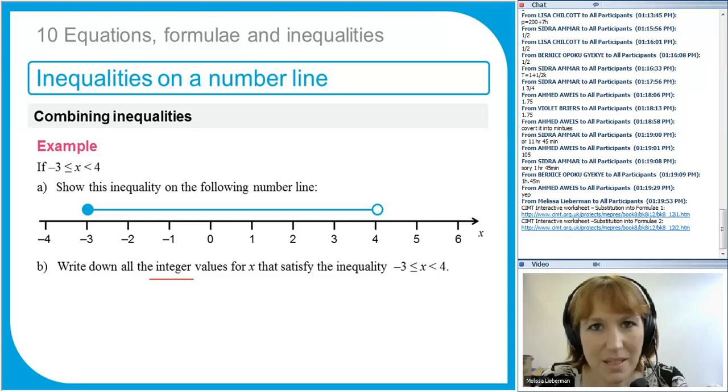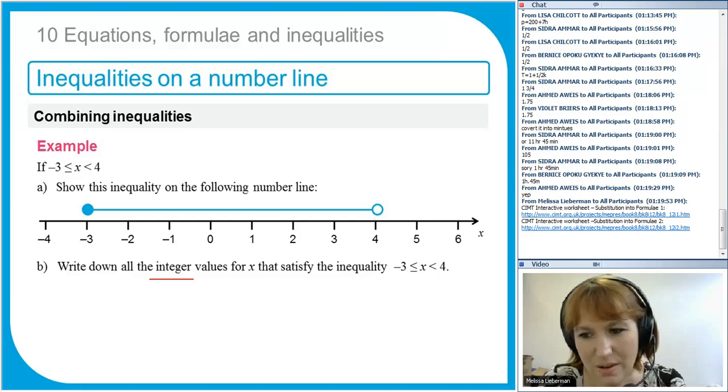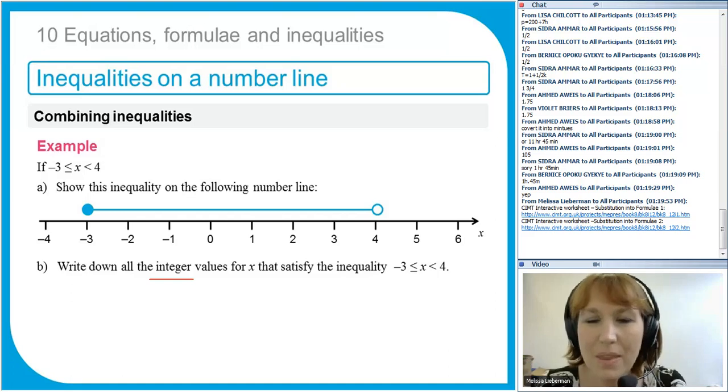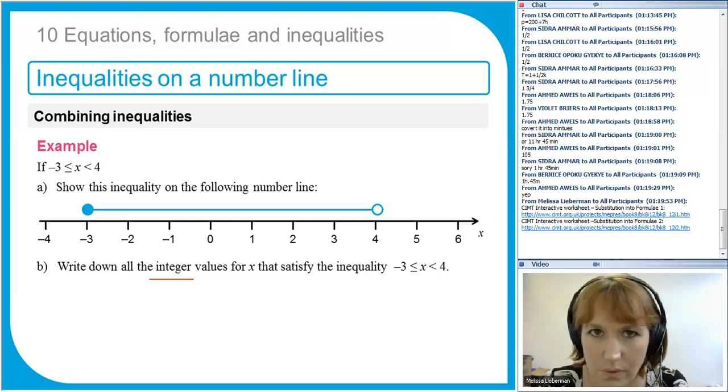So can x be equal to 5? It doesn't fall in that range, so no it can't. So have a little think about it now. Integer, remember, means any whole number. So integer is just any whole number that can be positive or negative. So what we're just doing is looking for whole numbers that are between -3 and 4. So what you do is list all of the whole numbers that are between -3 and 4,